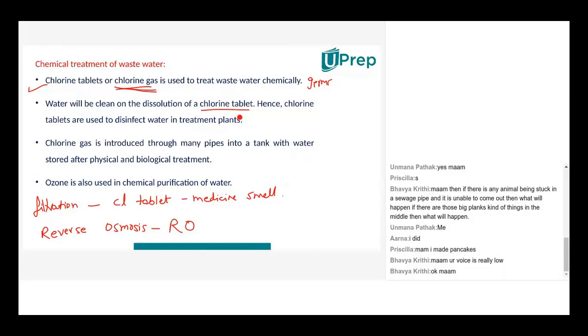Because the chlorine tablet will dissolve, it will take some time, it will settle down. There would be certain sediments of that chlorine tablet, so they have to sediment the chlorine tablet, you will see certain white particles there, right? So if the treatment plant is smaller, then they would use a chlorine tablet, right? And chlorine gas is normally introduced through the pipes to the tank. They will not put it in an open area. Obviously, it's gas, it will escape, right?